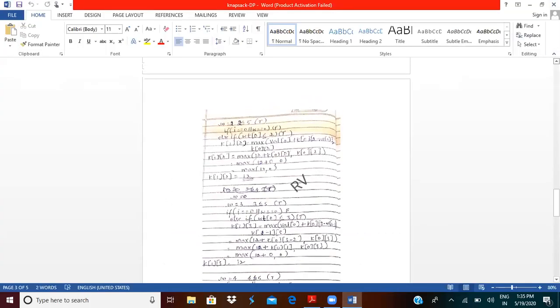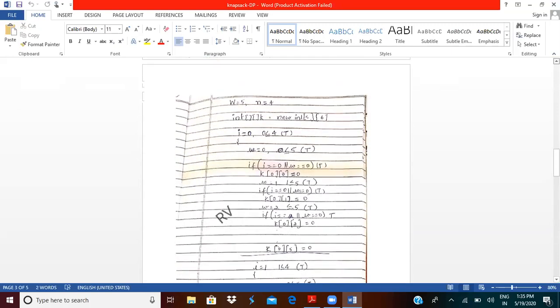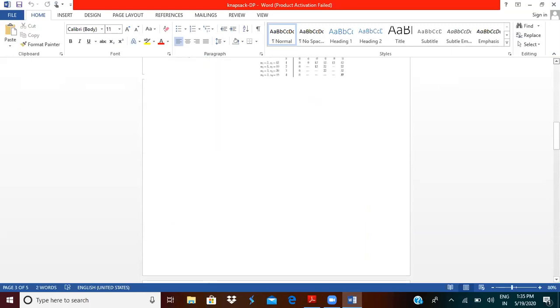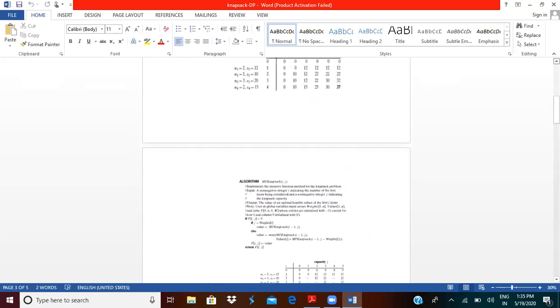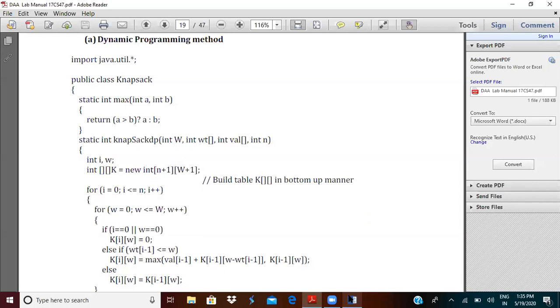We will get the value from this table. So value is 12.